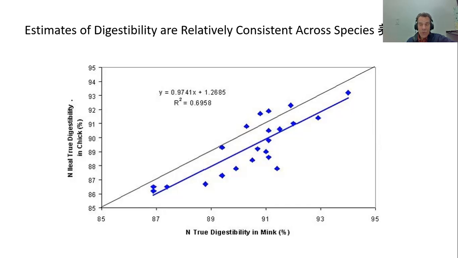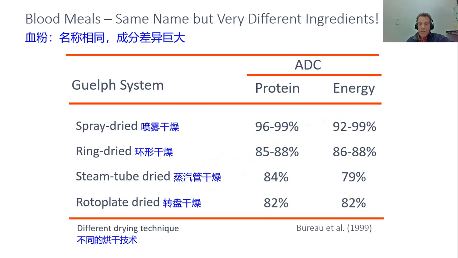It's more a question of the ingredient quality themselves, the processing of these ingredients. I got insight on this working on rendered animal proteins many years ago, measuring the digestibility of dozens of batches of these ingredients. And the most fascinating was blood meal. You buy blood meal, and different drying techniques are used to dry that blood meal. You buy spray dried blood meal, it's extremely digestible, close to 99% digestible for many spray dried blood protein products. You buy a ring dried product, quite highly digestible, revolving around 85 to 90% digestibility.